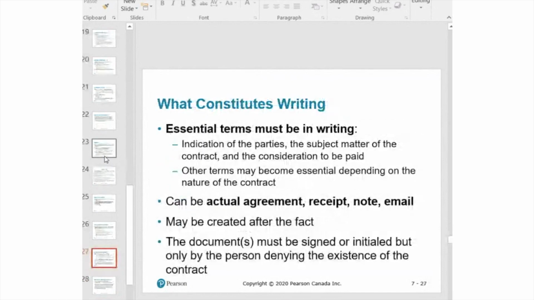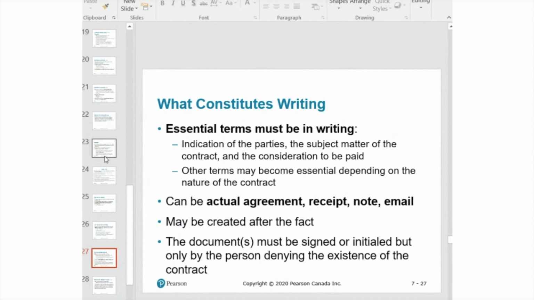Why? Because the law says there has to be something in writing. The essential terms must be in writing. So if you're buying a house, what are the essential terms? Well, the address of the house, the price, and the payment terms. Those are the essential terms. So let's say you and I are having lunch and you want to sell me your house, so we can get a napkin. We can write those essential terms down on the napkin. We both sign and we comply with this written requirement.